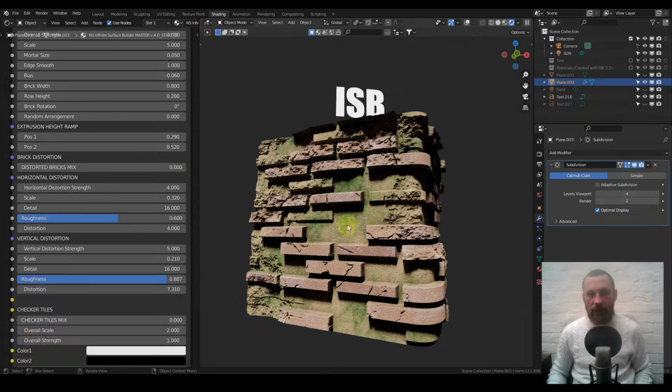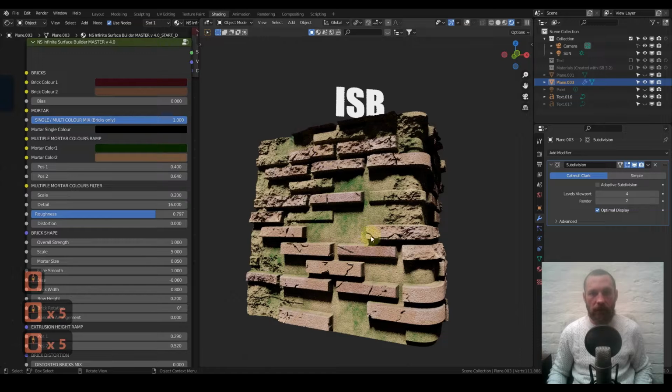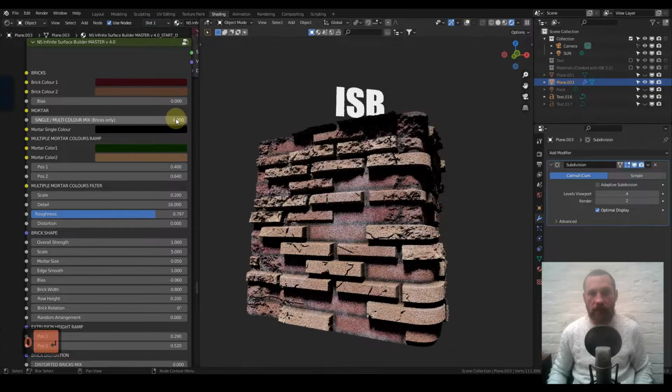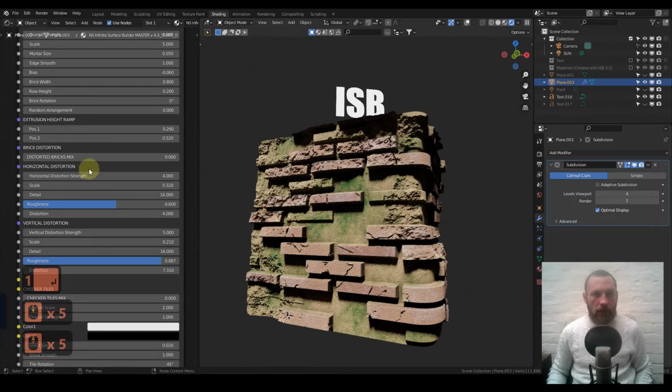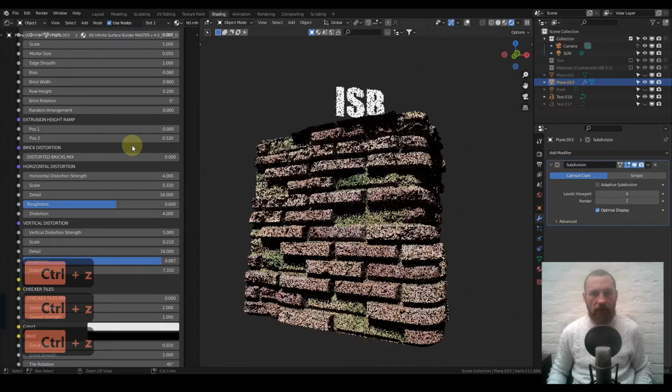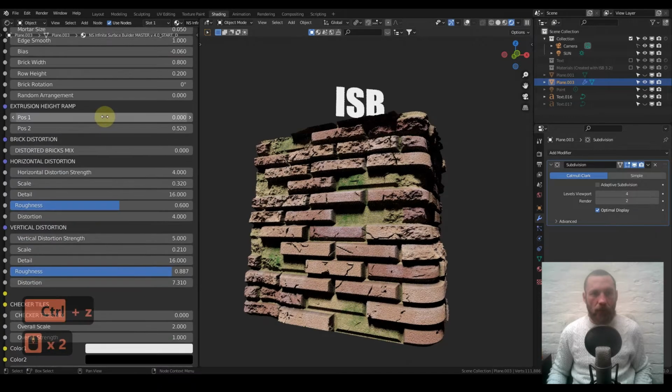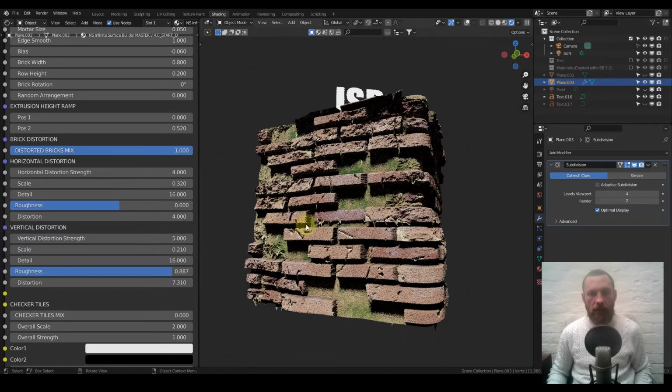And then, as you can see with the mortar, that's why we left this on 1, because now we can see that this is missing bricks. If that was off, you'd just still see the brick colours. You see? That's why we put that on when we're losing bricks. So that's the extrusion height ramp. I'm going to press Ctrl Z twice, maybe more, probably 3 or 4 times. That'll do it. So yeah, more black, position 1, more position 1 is more holes. More position 2, i.e. bringing in more white, so dragging it to the left, you get more bricks and they extrude further. Distorted bricks. This one, when you mix it in, it might look a bit, actually I've set that